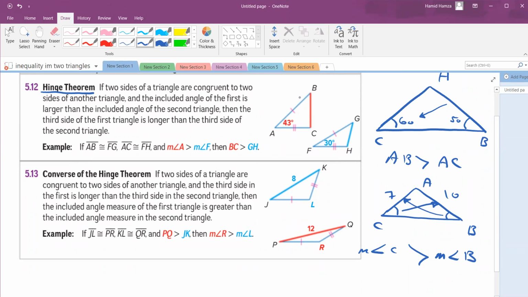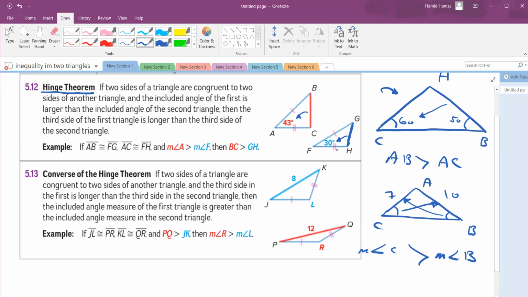So we wanted to compare between what, guys? We wanted to compare between the red side and the blue side. And both of them are in different triangles. You will notice that the red side is opposite to angle 43. And this one is opposite to 30. Can I apply this like I did in the one triangle? Can I say the side opposite the greater angle is longer than the side opposite the smaller angle? Can I say BC